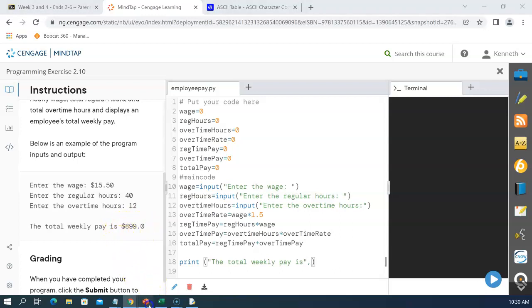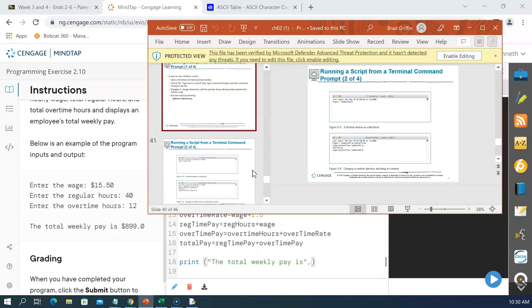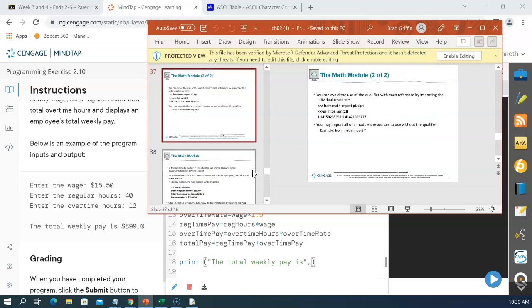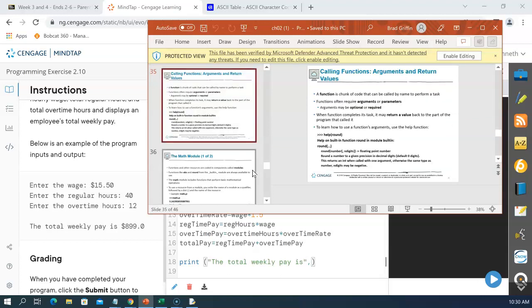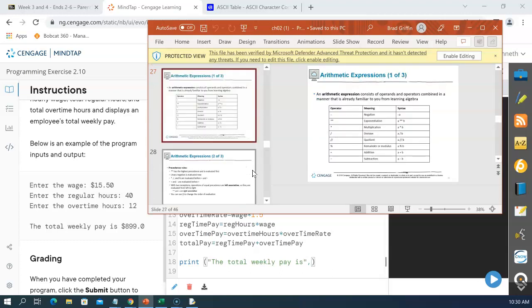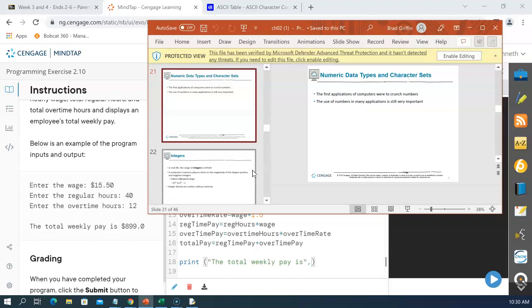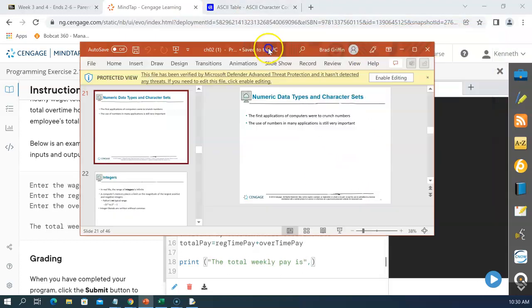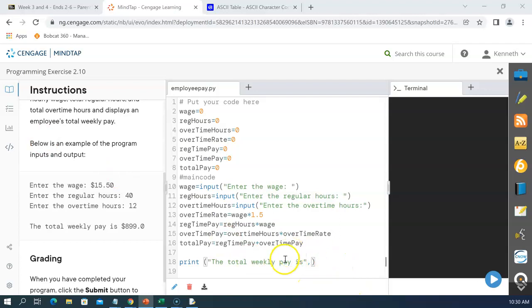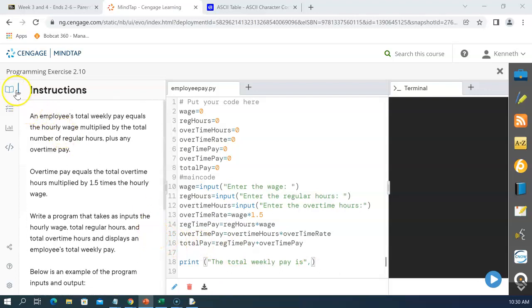$899. So back in the spreadsheet, you have found there is a model in here where we put numbers together. So if you need to put that together, you can actually find how to do that in here. So these slideshows actually have some information. So to do this correctly and get points, you're going to have to do that. So right now, if I hit submit, it's going to give me a pretty poor score. And in fact, if I try to run it, it's going to have something happen that I think will be